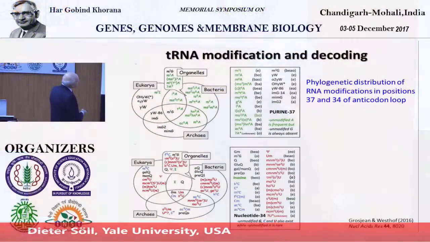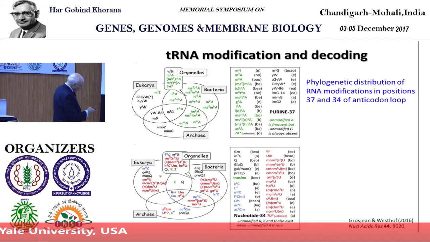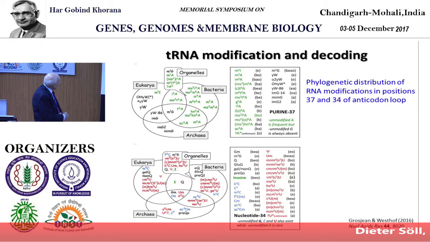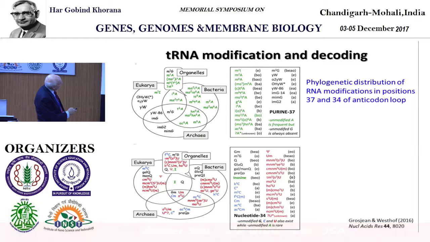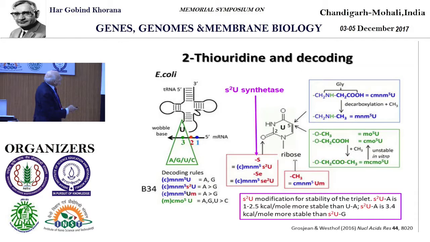You probably know that transfer RNAs, especially mammalian transfer RNAs, have very many, let's say 30% of the transfer RNAs, are modified bases. And one of the major base positions is position 37. That's the one position after the anticodon and before the anticodon. And you can just see that you have a really large variety. I would like to show you just how complex it is to enforce the genetic code.